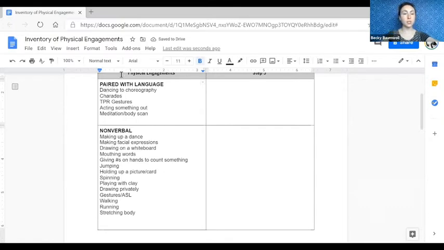Or I could do different buckets based on different parts of the body. For example, can do sitting, can't do sitting. And then I would organize it like this.